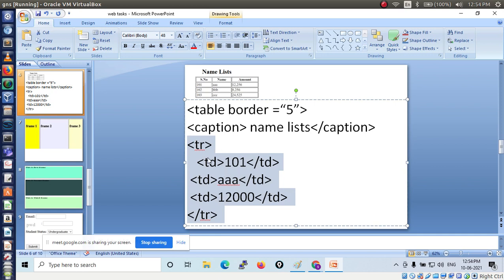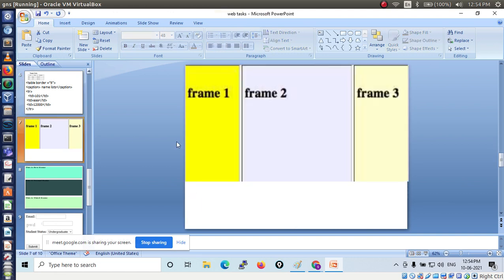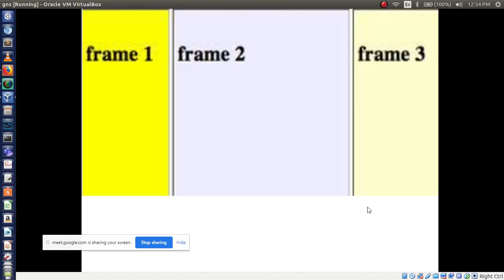Is it clear? Now all of you write the code for this. Here which tag are you using? Can anyone guess? Obviously you can guess. Here you are using the frameset tag, frame tag. So to use a frame tag, compulsorily you have to use a tag, what? Frameset. Then the next attribute name is what? Here am I displaying column wise or row wise? Anyone tell me? Column wise?